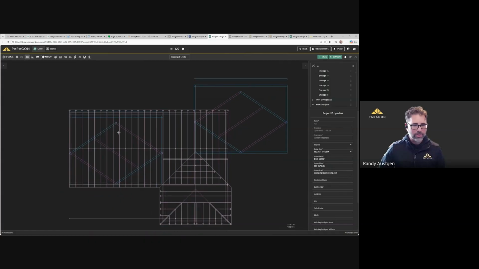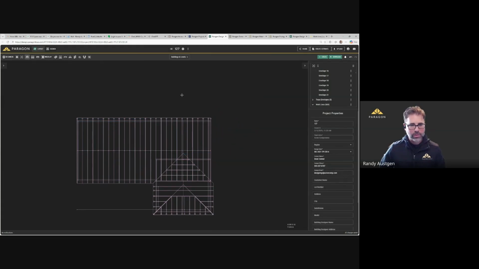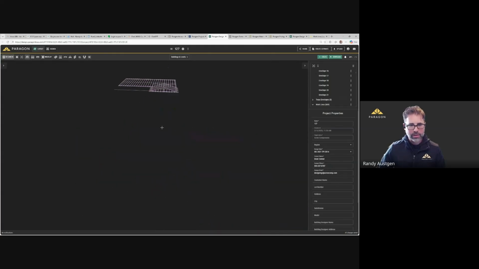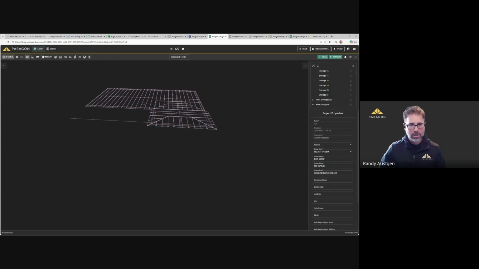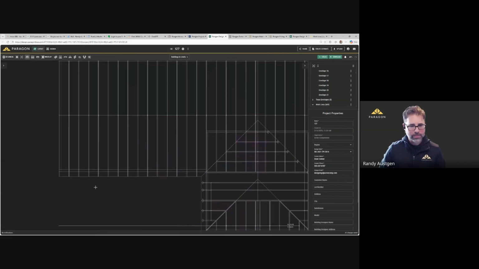And there is old training plan 2, I believe, with the hip roof option. So now that work lines are created, and actually what I'm going to do here is I'm going to hide those walls that were in there, those bearings. And if I go into 3D, we can see that the DXF file was imported kind of as work lines, and now these are available for reference and for tracing.